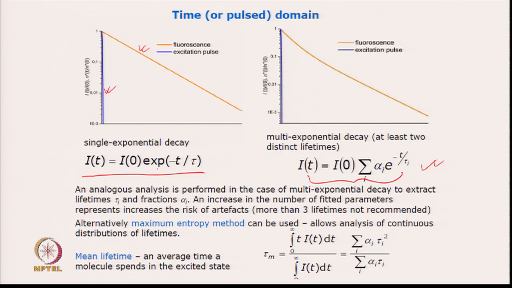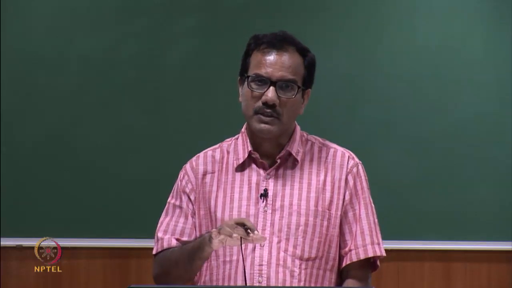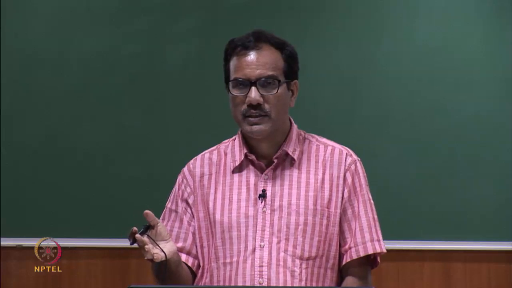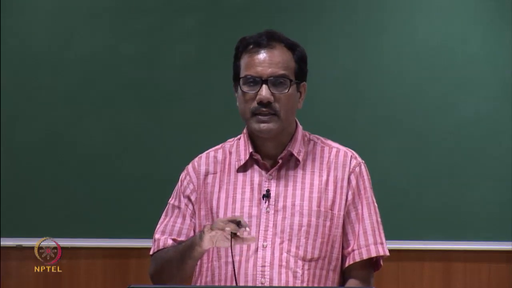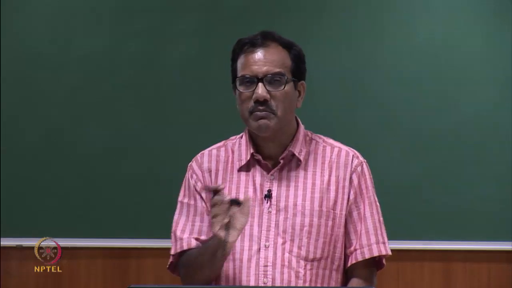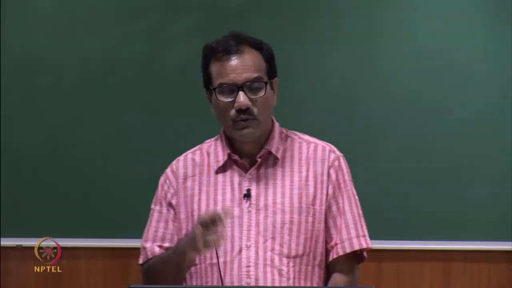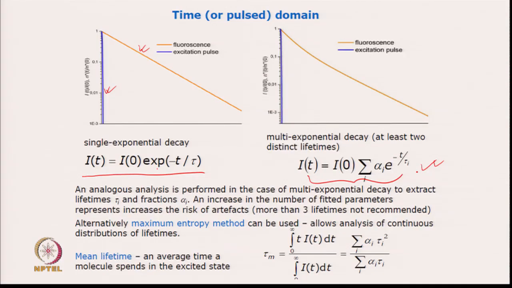Also, it may be because there is only one tryptophan, but it is changing conformation between two different conformers, for example the native state and the denatured state: tryptophan in the native state and tryptophan in the denatured state, and there is equilibrium between two different conformations of the protein or two different conformations of the fluorophore. Then you can get this kind of data.